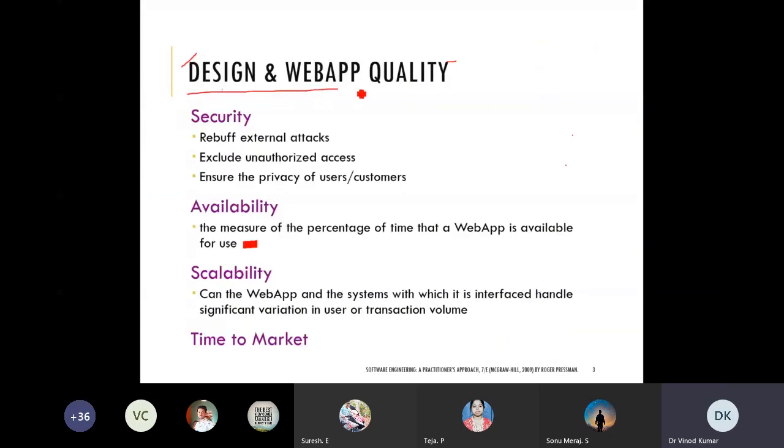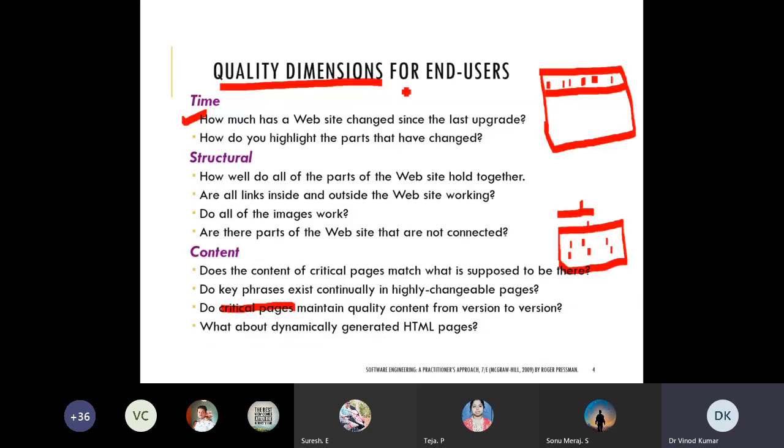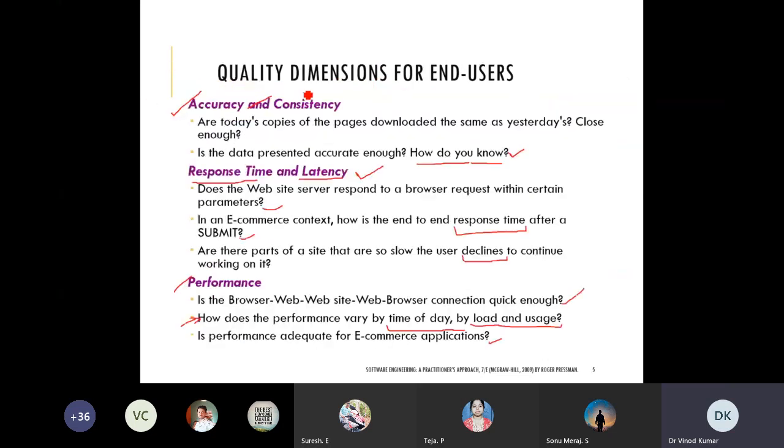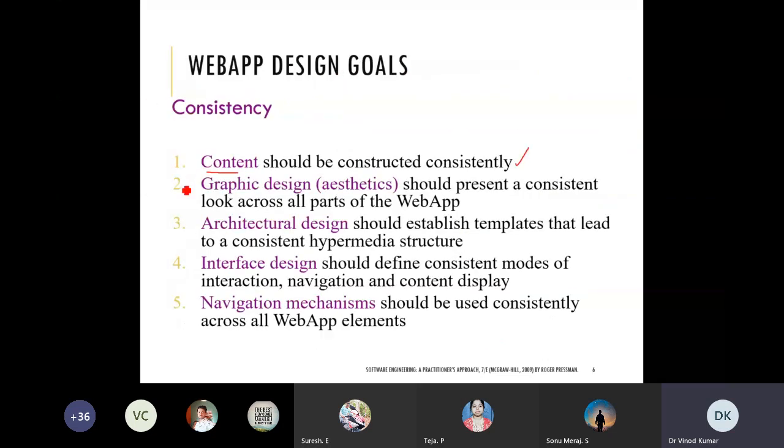See here, the font size or font type is different, consistency is not there in the heading. So many things need to be considered like this. Graphic design should present a consistent look across all parts of the web app.